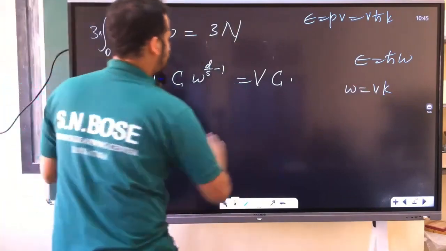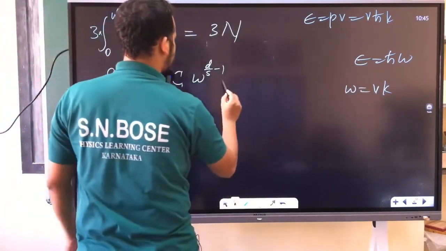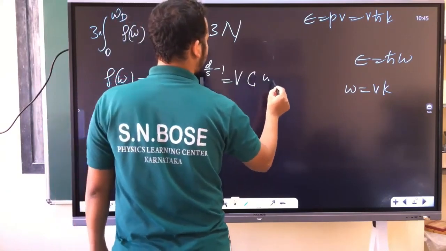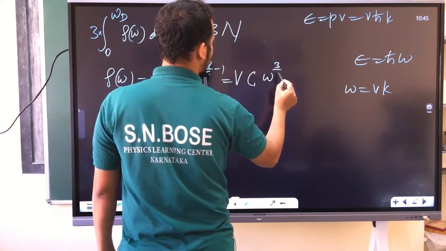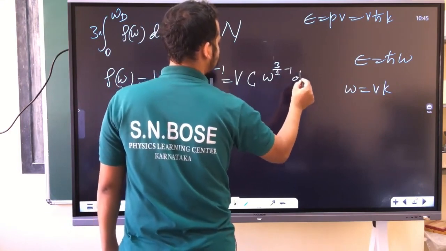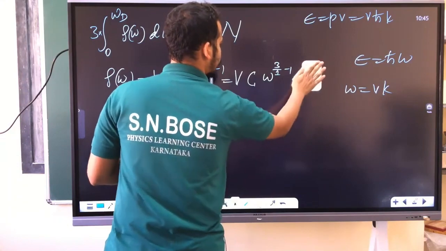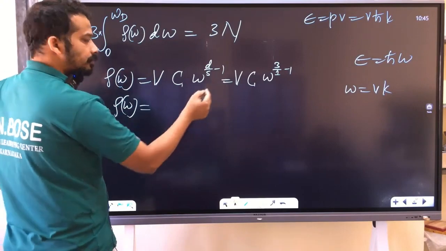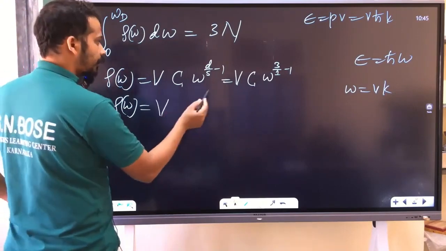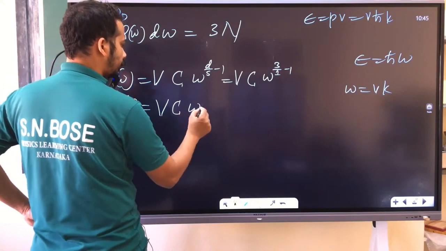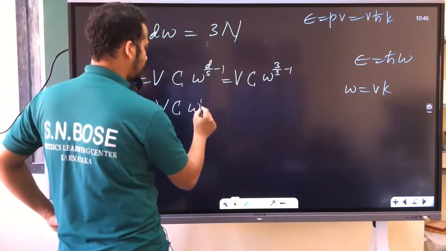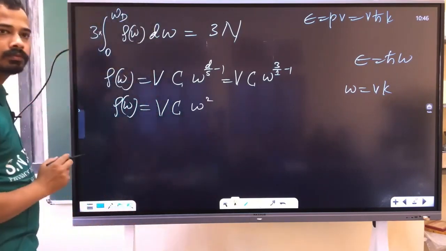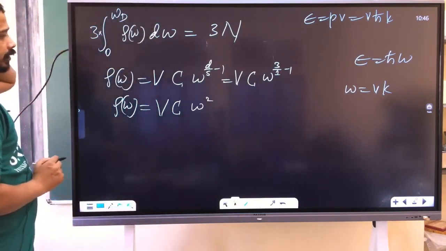So when you do this one, now what is this one? This is equal to V constant into omega power 3 dimension, divided by e power beta h bar omega minus 1. Am I right? What is this value? Rho of omega is equal to V constant omega square, omega square here. Am I right? Omega square here. Now when I substitute here,